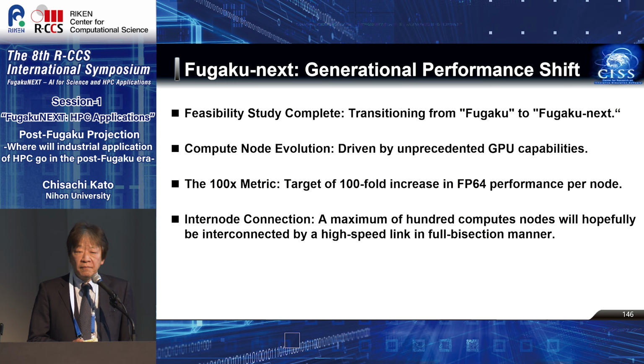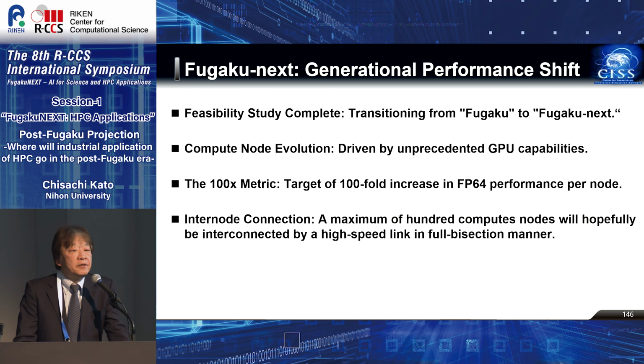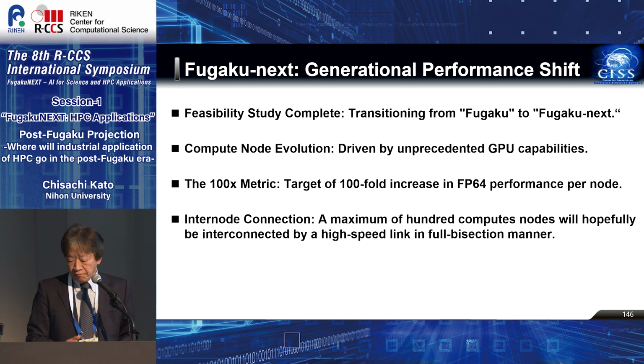And also accompanied with the memory throughput delivered by the HBM6 and memory capacity as well. Every HPC performance would be at least 100 times faster or bigger in the post-Fugaku era. This is a compute node. So 100 times